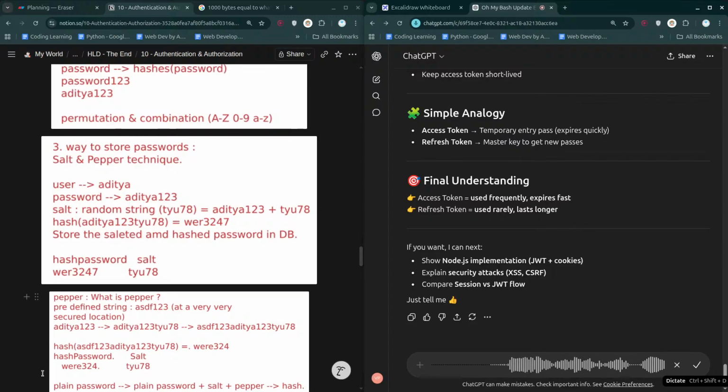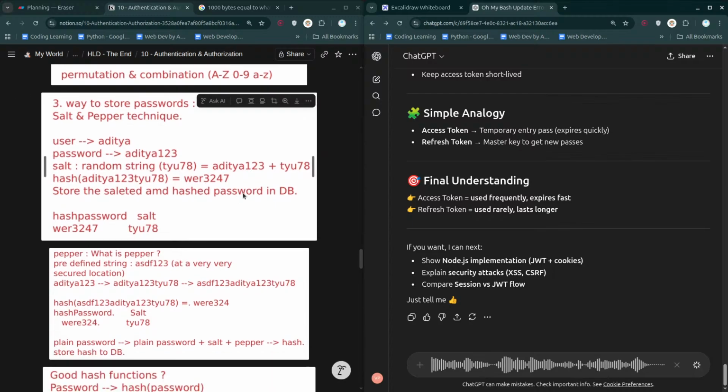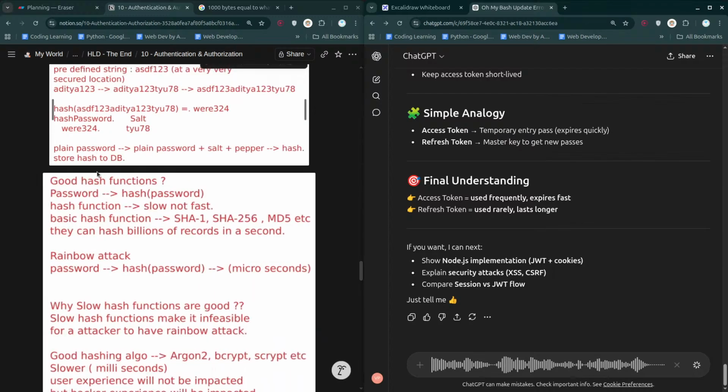Whenever I'm hashing the password using salt and pepper, ultimately I'm using some strings. How are those strings determined? How do we decide which string is going to be used for hashing? And are those strings the same all the time, or do they keep changing, like the salting value and the pepper value? Tell me about everything. Okay, let's know more about it. I had a bit of confusion here, so it's better to know more about it.